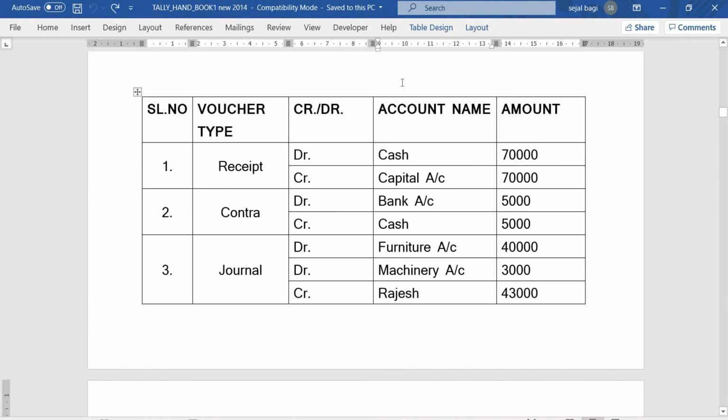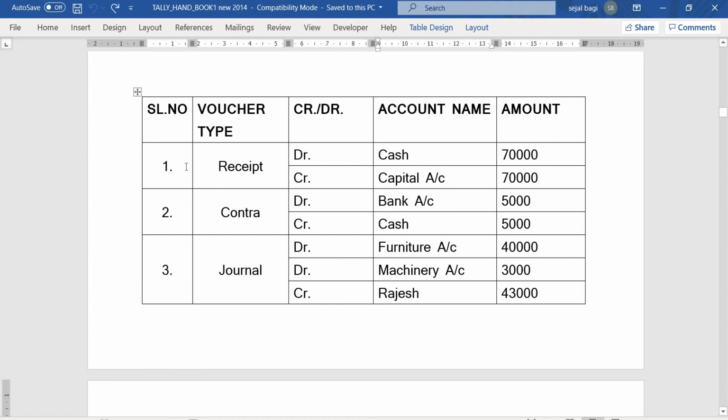In case of second table, this consists of 5 different column headings. The first one is serial number, the second one is voucher type, the third one is credit or debit, account name, amount.